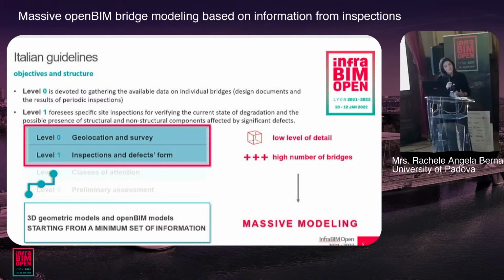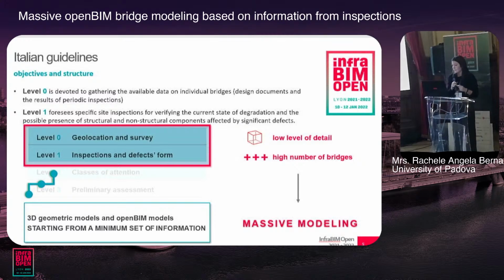What we do in our work is focus on the information that we need and that we have to give into the first 2 levels. Level 0 is devoted to gathering the available data on the individual bridges.